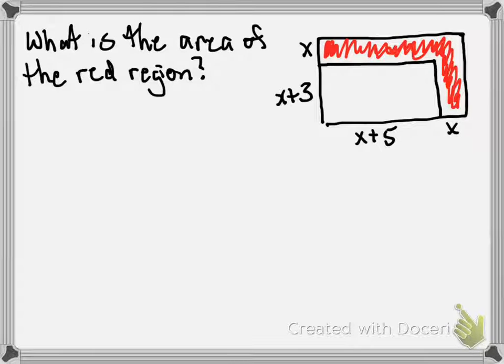So right now I'm going to walk you through an example that's similar to one that we did in class. As you can see what's written here, I want to know what's the area of that red region. What you need to do here is find a difference of the two areas. I'm sure there could be some formula you could work out to get the precise area of that red region, but for now, we're just going to do it by essentially finding the area